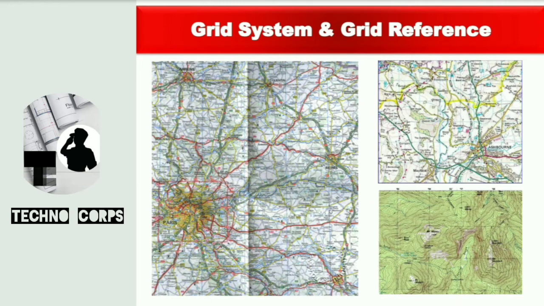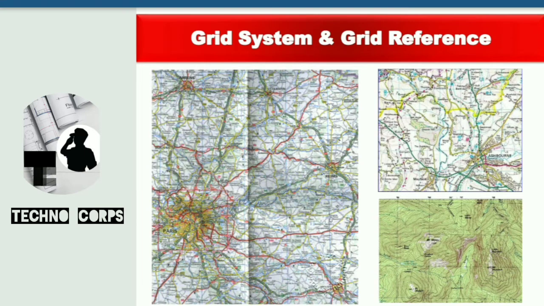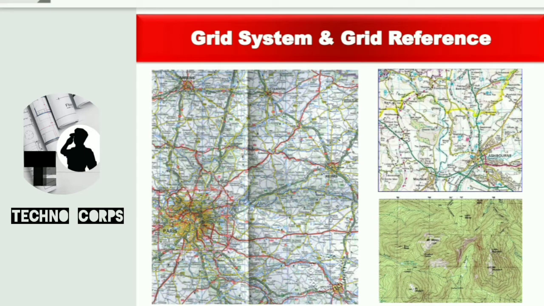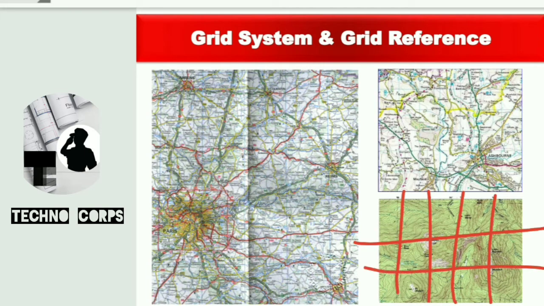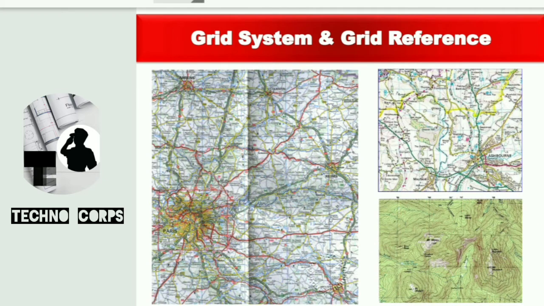And to indicate that particular location, we need some reference lines, which are called the grid lines. As shown here by some vertical lines, you can see, these are the vertical lines. Similarly, these are the horizontal lines. With the help of these vertical and horizontal lines, we get a block kind of structure, and these blocks are known as the grids, and these lines are called the grid lines.